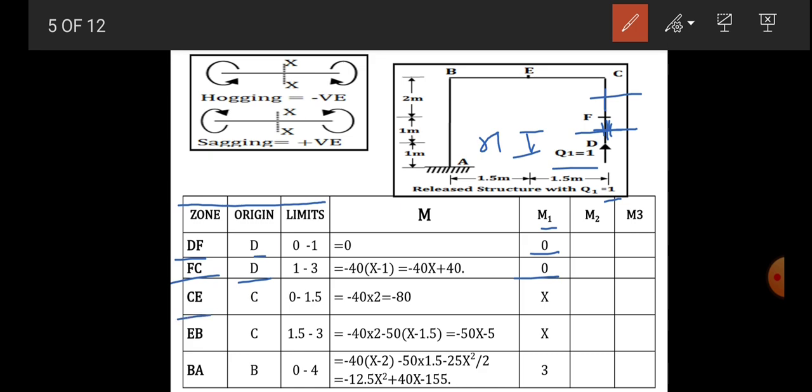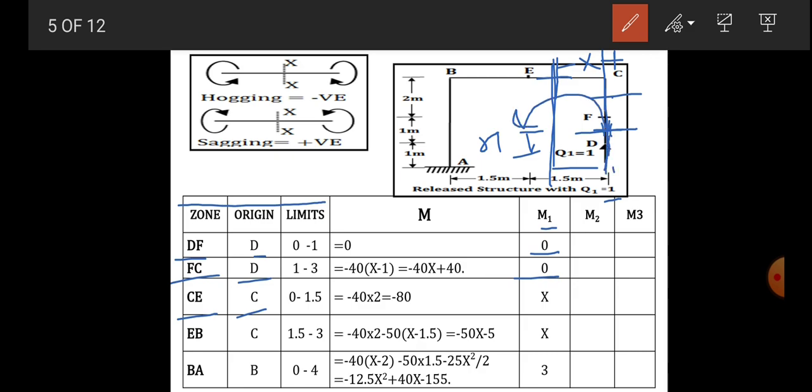Now the next is CE zone. Draw the imaginary axis for the CE zone, and the origin for this is C. The imaginary axis should be drawn at a distance of x from C, or from the origin, and your force Q1 is equal to 1, which is passing through C if you draw the line of action. So the lever arm for Q1 is equal to 1 is x, and if you rotate, it will rotate about that vertical axis. Only consider the vertical axis because the force is acting vertical,